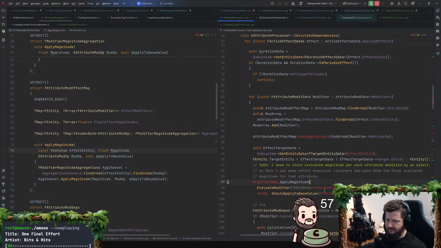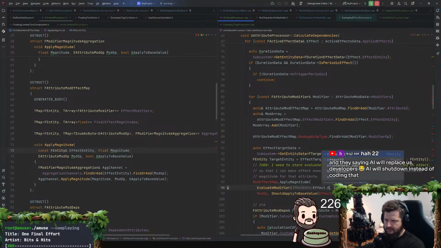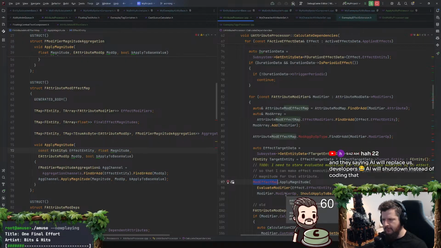Attribute modifier. Effect entity. Yeah. This feels a little bit better. Do I have the mod op here? I do. Mod effect map. Apply magnitude.